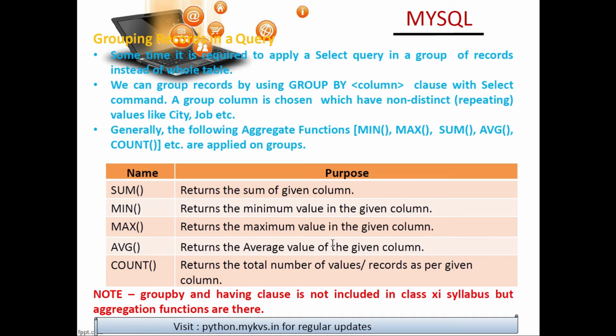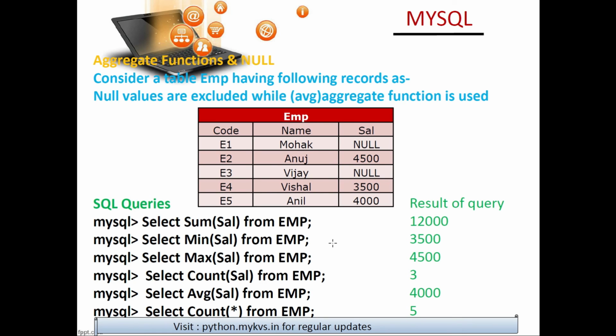In a similar way, you can use min, that means the minimum salary of the Kolkata region, max means the maximum salary in the region, and average means the average salary of those working in Kolkata. Count returns the total number of employees working in Kolkata. So what will be the command? Select count star from employee where city like Kolkata. Count star means everything. So the number of records of whoever is working in Kolkata will be displayed. You can see an example of this.